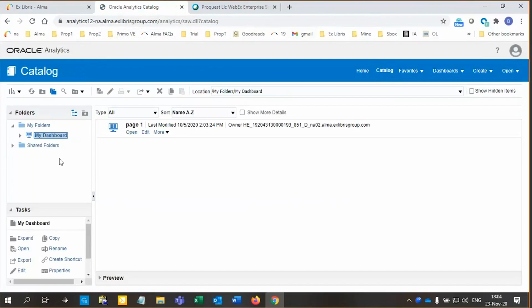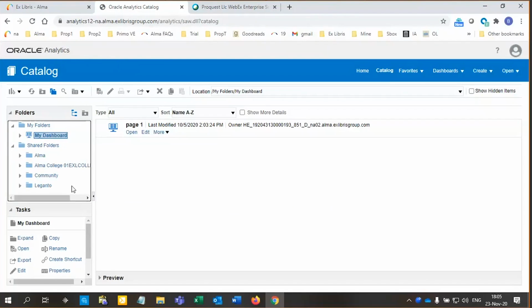Now, when I open the catalog, we can actually have a number of folders. I have a personal folder, and then when I open this out, we can see that we have shared folders. So let's take a minute to understand what we're seeing. First of all, we have a folder called Alma, and Alma basically is an area where out-of-the-box reports